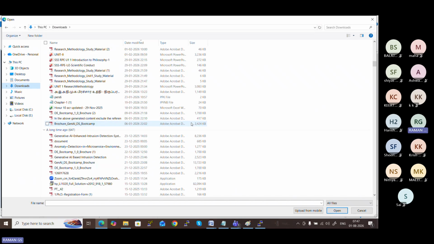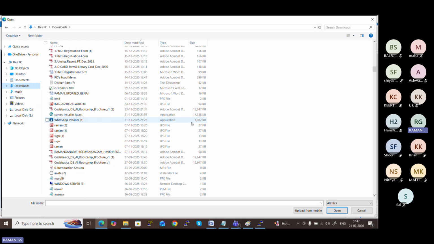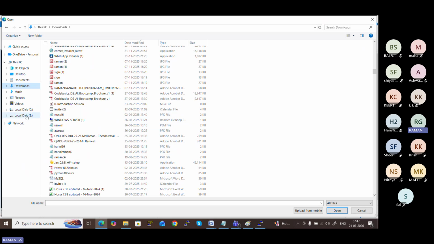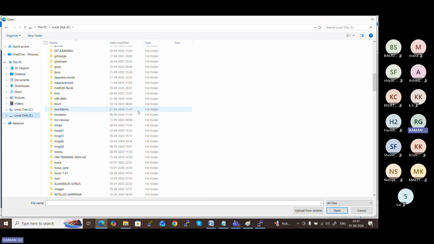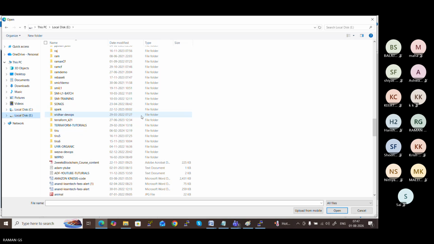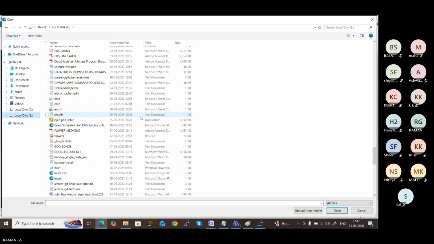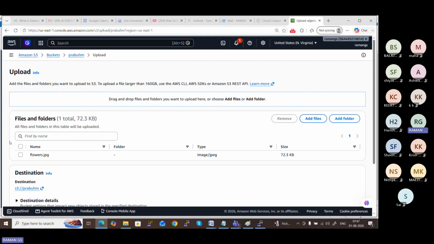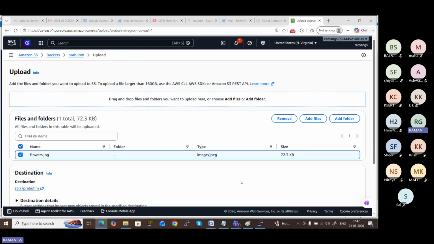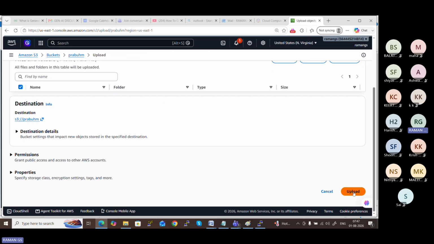I have some files from my E drive. There is a file by name flowers. Okay, open, and this is the file flowers.jpg, which is an image file. Upload.